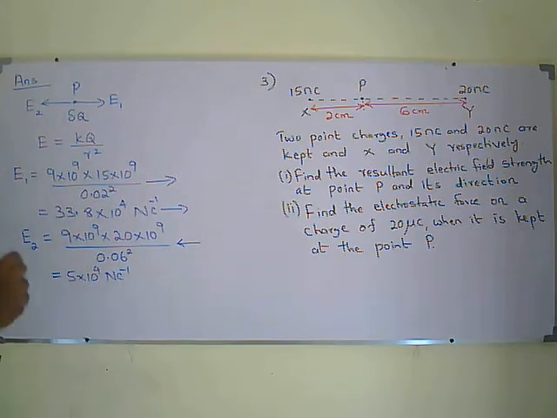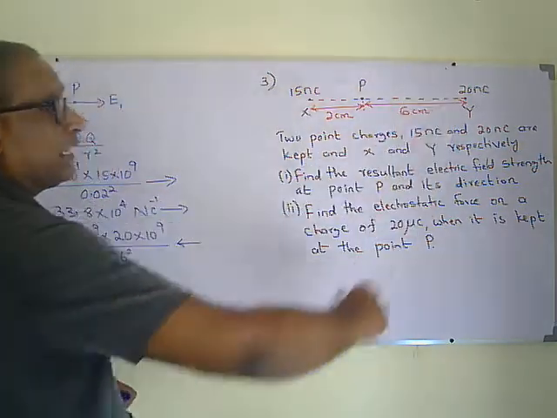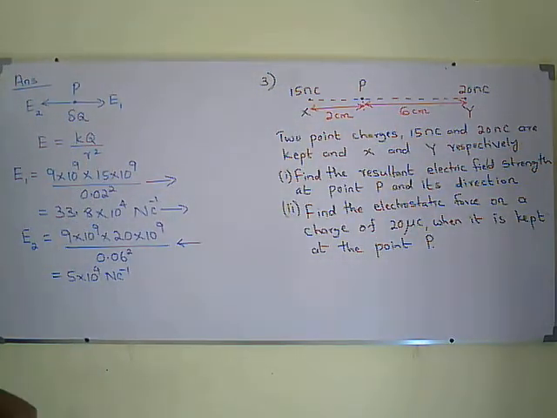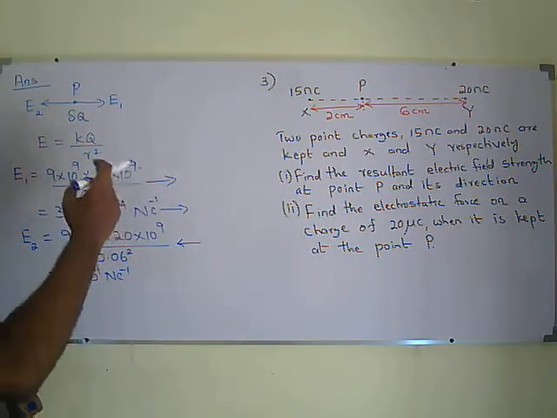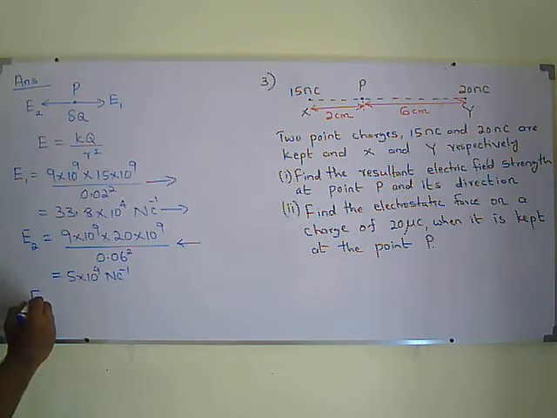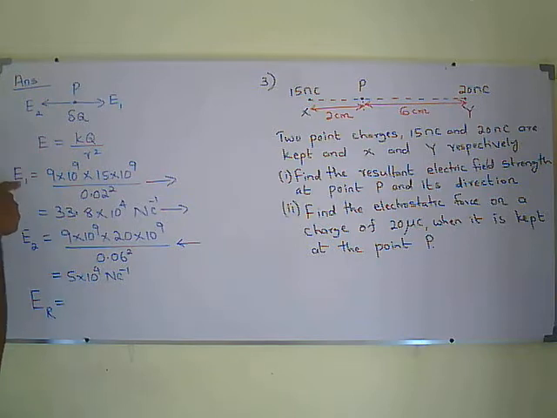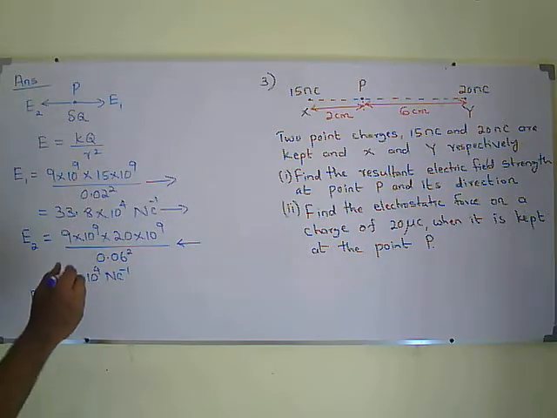So at point P, there are two different directions of electric field strengths, by 50 nanocoulomb and 20 nanocoulomb. They are in opposite directions on the same line. Electric field strength is a vector. I know the magnitudes, so the resultant electric field strength I can call ER. The resultant electric field strength will be, you know, this is larger than this. So that should be